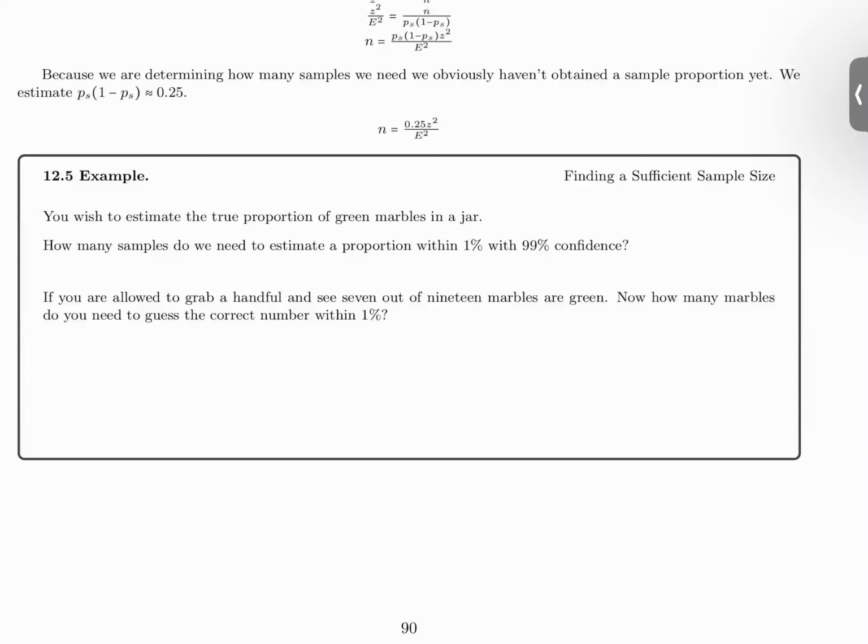With a quick rearrangement of the margin of error equation for estimating proportions, we can ask an opposite question. Now, instead of finding the margin of error, we can ask how many people do we need to sample, or how large does our sample size need to be in order to have a certain margin of error. So you just rearrange the margin of error equation and you end up with